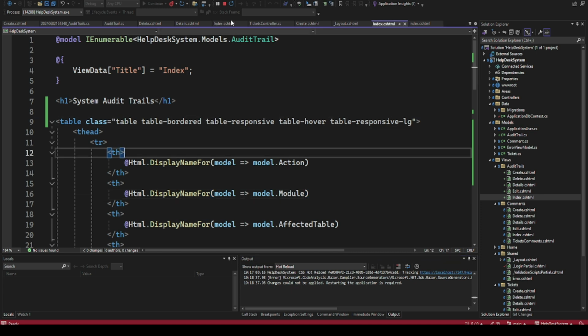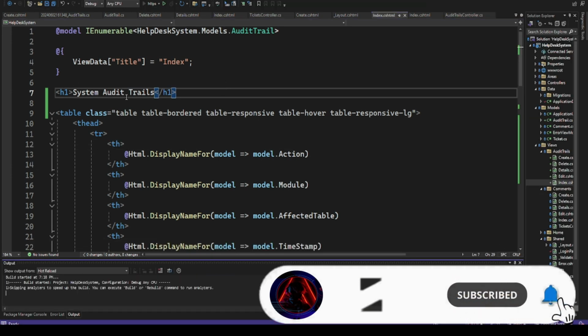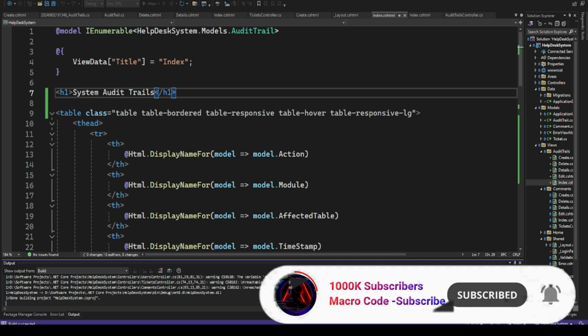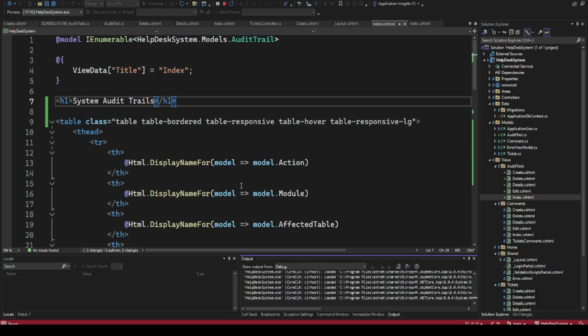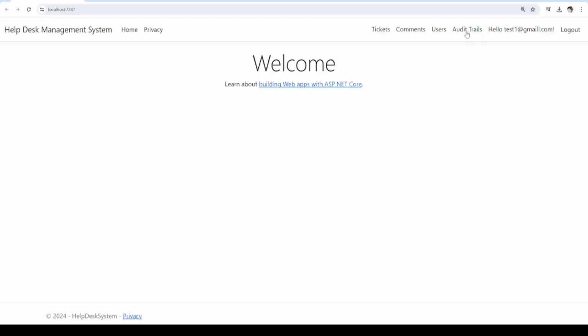So I'm going to stop there. Then let me relaunch. If I relaunch that, I should now be able to launch the app and do what we are supposed to check. So there we go. You can see if we go to audit trails,